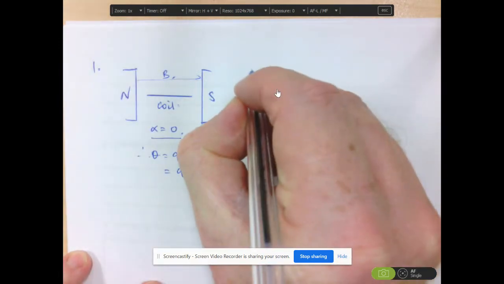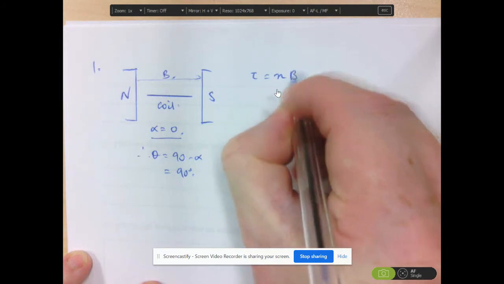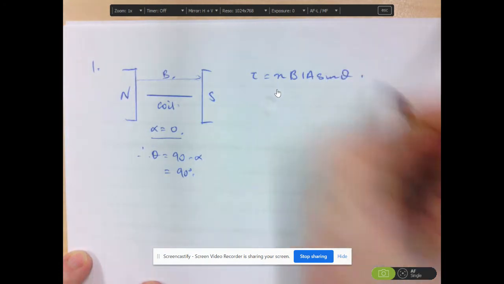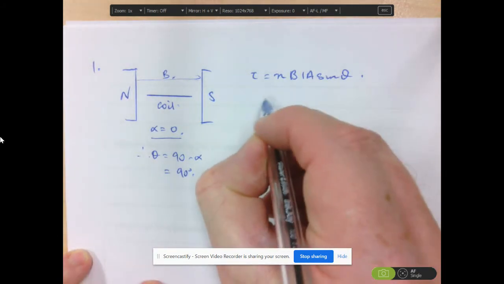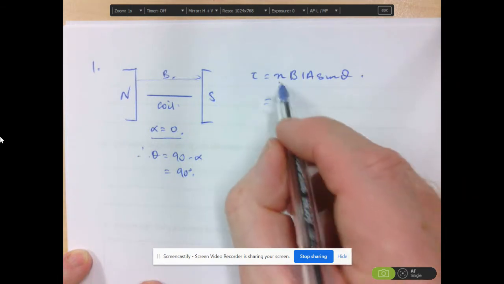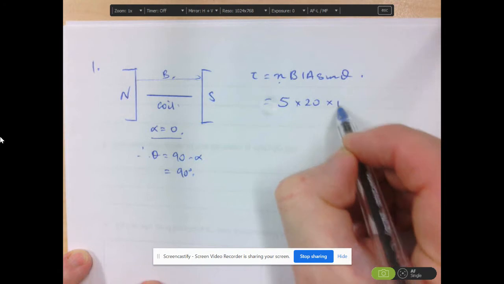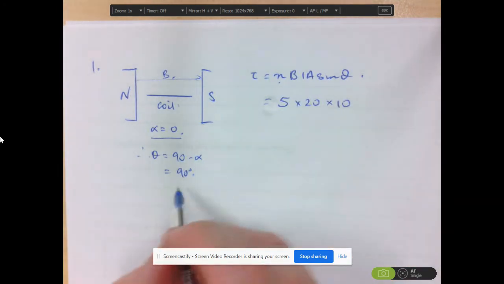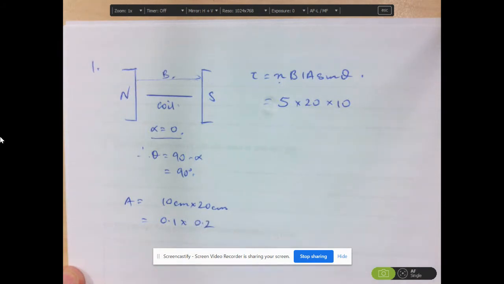So we now can use all the stuff from the question. So torque equals, I'm just going to use the one that I'm so used to using, which is NBIA sine theta. You can use the one that NESA gives us, which is NIAB. Okay, sounds like a bank. N in the question is given as 5. B is 20 Tesla. I is 10 amps. And A is 10 centimetres by 20 centimetres, which is 0.1 times 0.2,